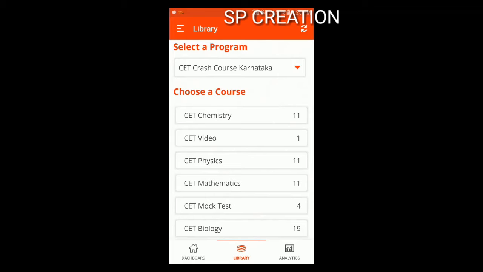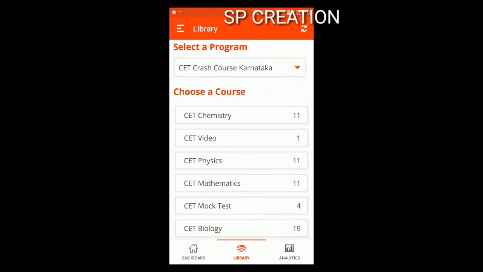So you notice there are 6 blocks. The subjects are basically learning contents and consolidation contents. CET video is about the synopsis and the classwork problems in the form of YouTube videos. Mock tests are the tests based on chapters, based on consolidated combined tests according to CET pattern. Let us choose one subject here and see what it contains.